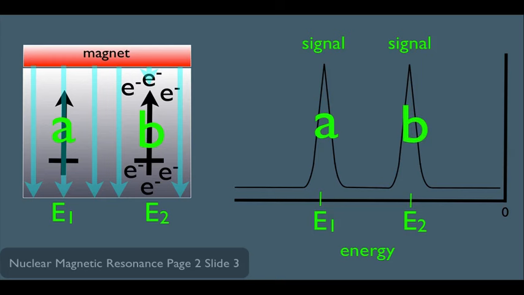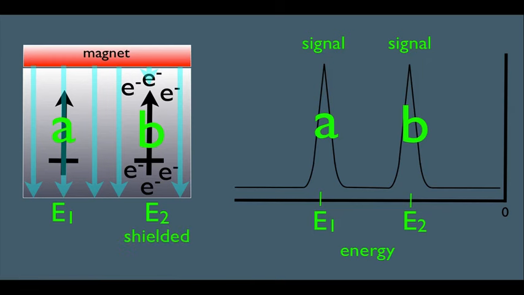So think about what we're seeing here. Seeing two peaks in the HNMR data technically means that you have two hydrogen atoms in different electronic environments. And let's pause for some vocab here to describe those environments. If you are an H atom surrounded by a bunch of electrons, you're considered to be in a shielded environment. And that would be hydrogen B here. If you don't have a lot of electrons surrounding you, you're considered to be in a de-shielded environment, like hydrogen